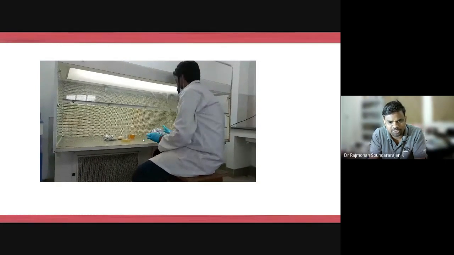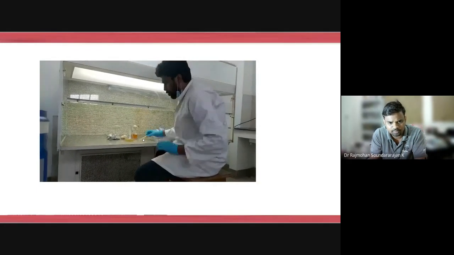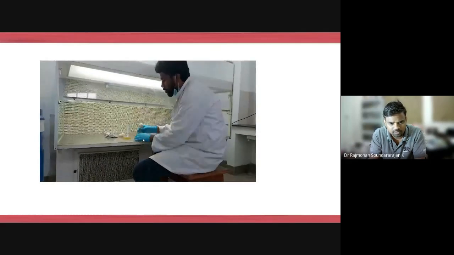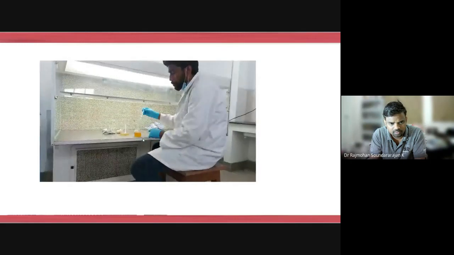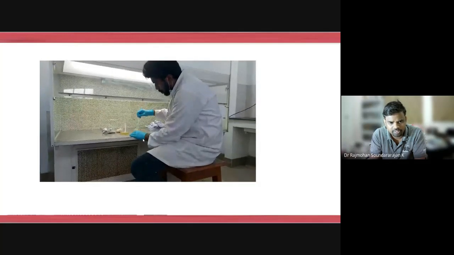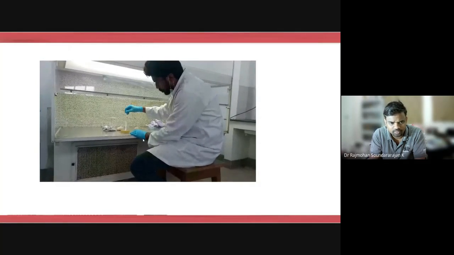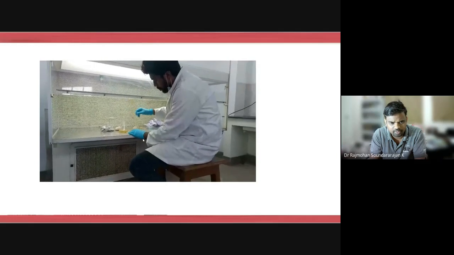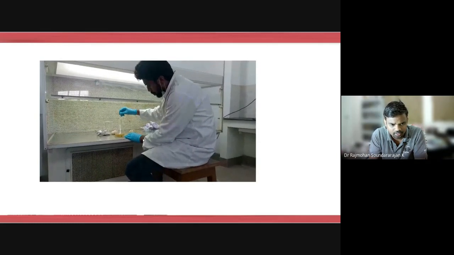Even if you are using a spatula to add, that spatula needs to be sterilized or autoclaved. Now, after dropping this activated carbon into the feeding solution, we are going to drop the inoculum of this microorganism Pichia pastoris. The previous day itself, he has prepared this inoculum, that is, adding the microorganism into the solution. Now, he is adding it drop by drop to the beaker in which we have the feed solution and activated carbon support.